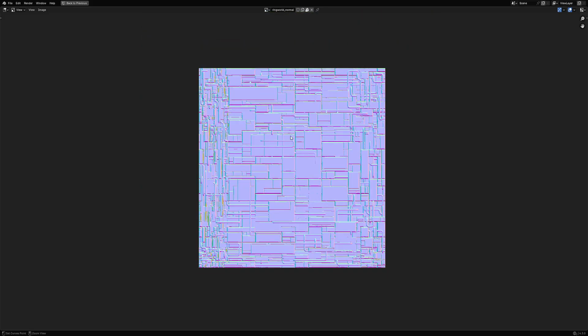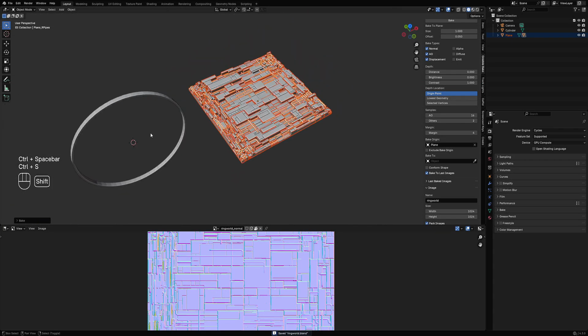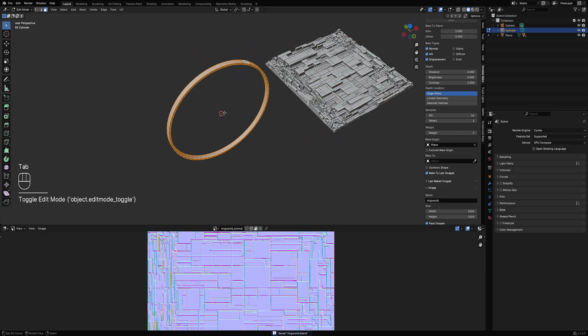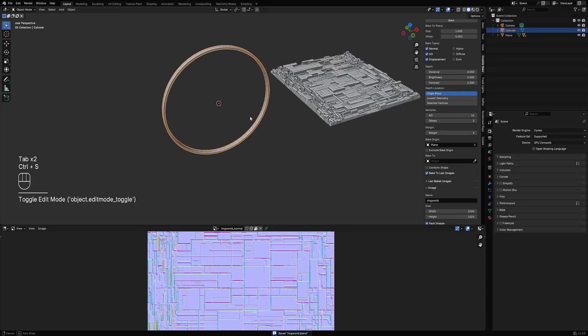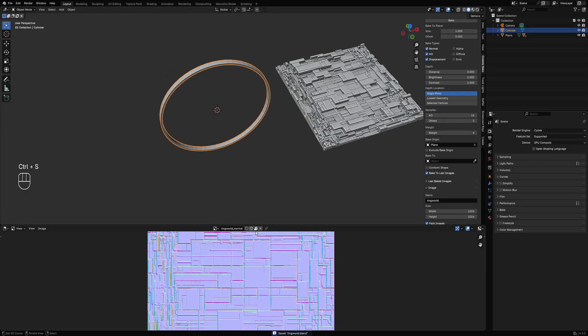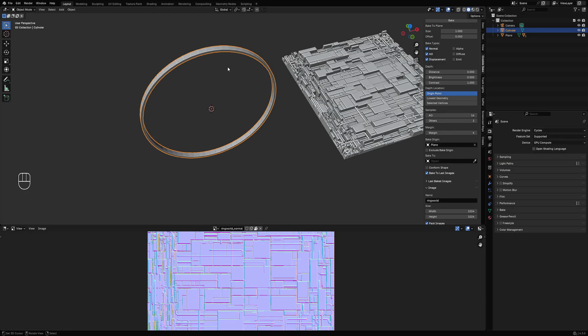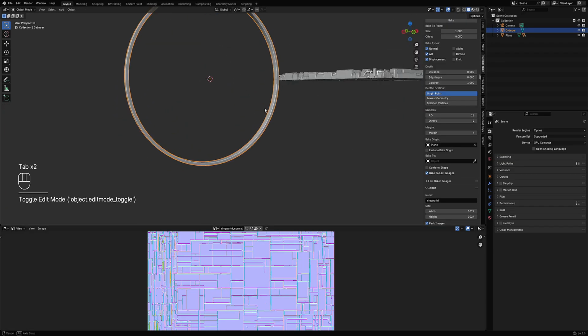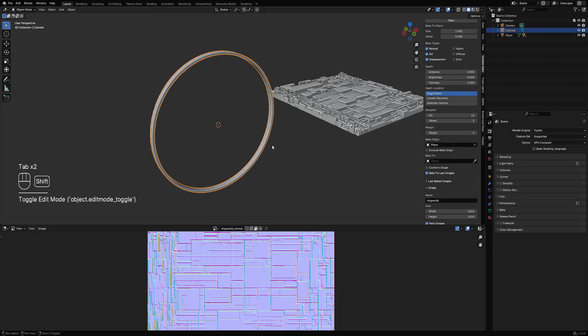So ring world AO, ring world displacement, and ring world normal map. So we're going to use that for this and save. So these images are packed. So packed images have this icon here, which is the box icon that's like there's a folder on top of it. Okay,